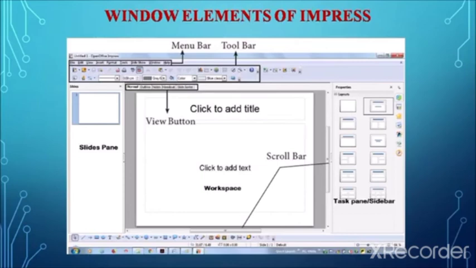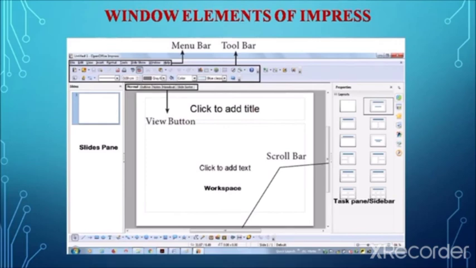Here you can see in the diagram the elements of the Impress window, and the window elements of Impress have mostly the same elements which we have discussed in OpenOffice Writer and also in OpenOffice Calc, that are title bar, menu bar, toolbar, ruler bar and the scroll bar. All these are very similar to what we have discussed in Writer and Calc, because the layout is the same, as it is an OpenOffice application. Apart from these similarities, there are some unique window elements of Impress available.